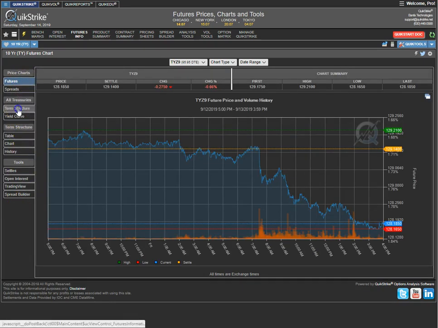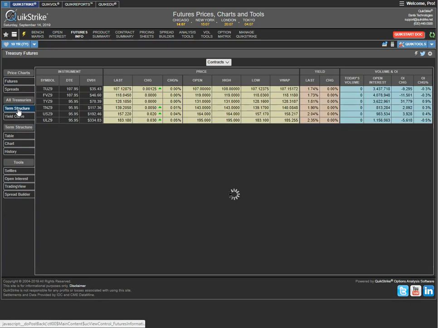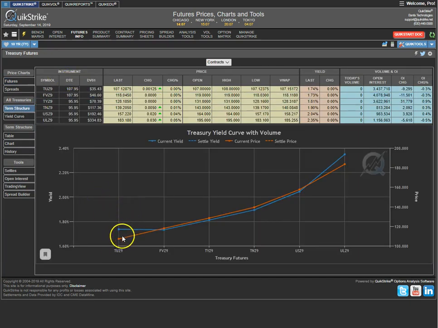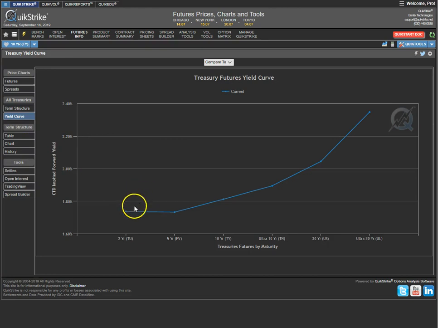Everything's generally the same, but what you'll see is here we have a term structure like we did before in terms of showing everything, but here we show also the yield for the treasuries as well. So not only the futures price, but also the yield. And a lot of times the yield becomes how people talk about futures in the interest rate market. And we also have a yield curve over here. So not only do we just see this in a percent interest rate over on the left hand side. Okay, so we can take a look at the Eurodollars, and we should see similar information